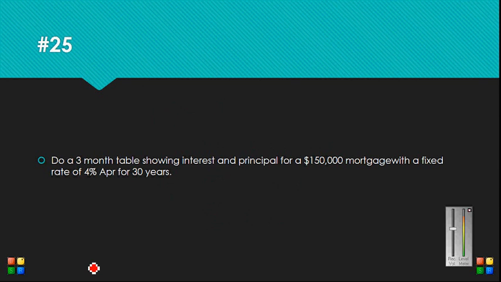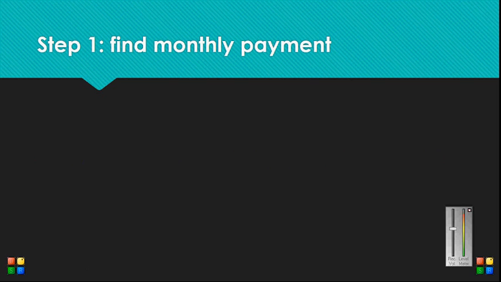Next, we are going to do a 3-month table showing interest and principal of a $150,000 mortgage with a fixed rate of 4% APR for 30 years. So the first step you have to do is find your monthly payment. So we're going to use that same formula we used before. So you would have your 150,000